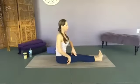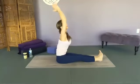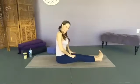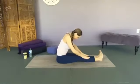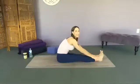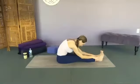And unwind. Let's again send the arms up over your head. Exhale, hands to your heart. Then send the hands down the legs, gently fold forward. You may be able to get a little more length than you did last time, and if you didn't, don't worry about it. You send those hips back. You drop the chest up. Let your head